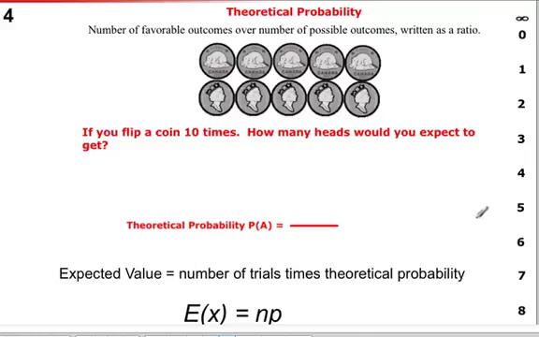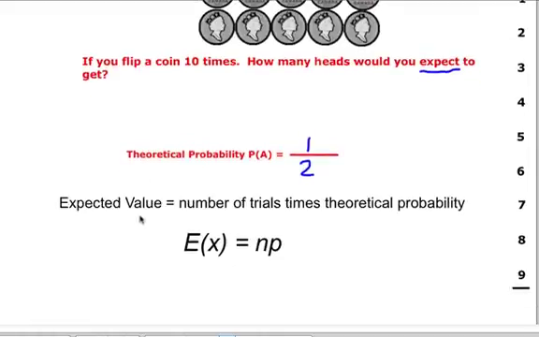Now, if we take a look at a situation where we flip 10 coins, and we're interested in how many times heads will come up. Well, the theoretical probability of flipping a coin and getting a head is one possibility, it lands heads, over 2 possible outcomes. You could either get heads or tails. So when we ask the question, if you flip the coin 10 times, how many heads would you expect to get? Well, in this case,